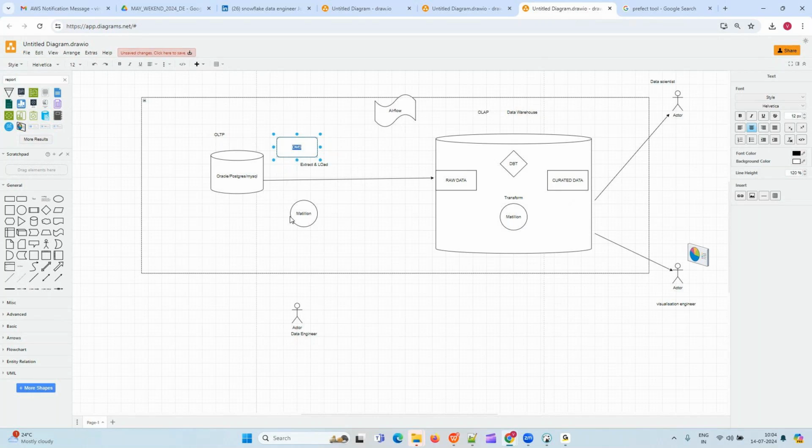Yeah, AWS has one inbuilt service called DMS, which can connect to your source database like Oracle or Postgres and bring the data into your target system. Okay. Actually, there is a famous tool called Fivetran currently in the market, which also does the same thing.